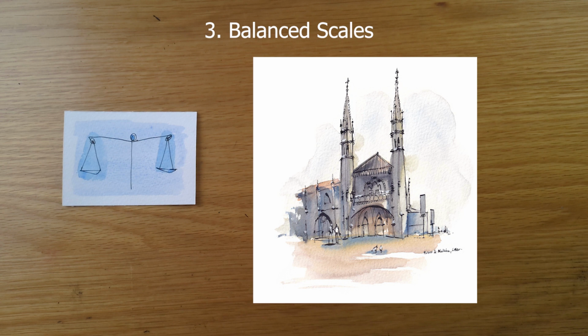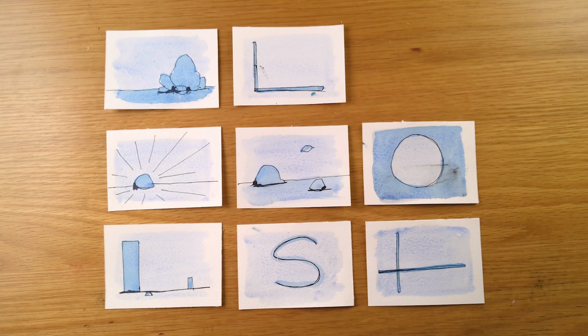Here is a picture of a church in Portugal that roughly follows these principles. Instead of doing the church at an angle, I decided to do it head on. Both towers are quite balanced. Everything is quite weighted. I don't use this particular framework very often. I like to keep things a little bit off center. I like a lot more negative space, but I think it's a useful one just to be aware of.